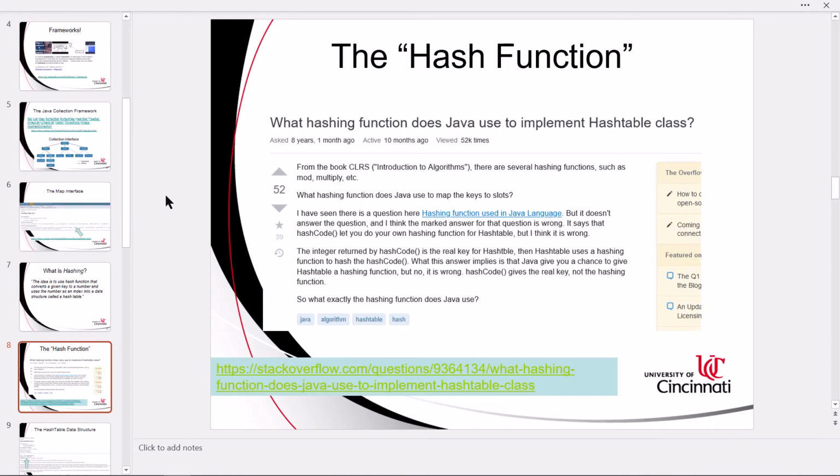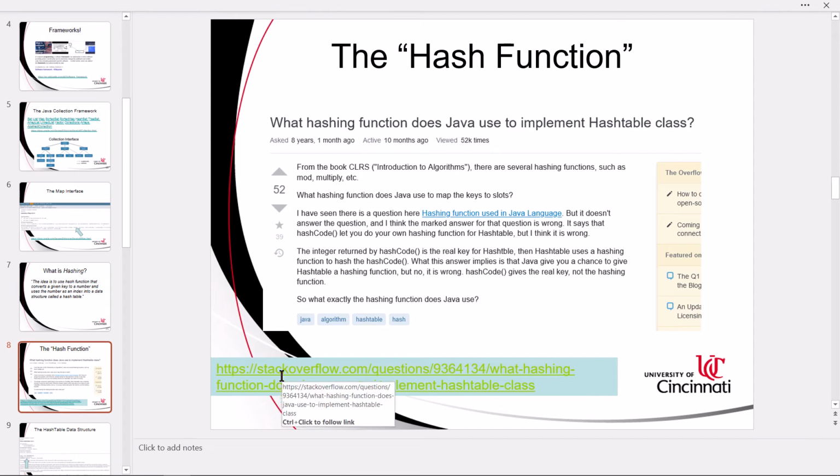As you might imagine, a lot of people are interested in just what that hashing function is, and sometimes it's a curiosity. We just like to know. Does it have a name? Is it named after someone? Is it someone we've heard of that created that algorithm? And it's on Stack Overflow. It looks like a reasonably popular question. And on the screen snip, it's got 52 upvotes.